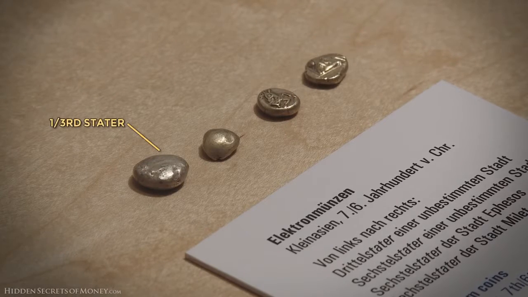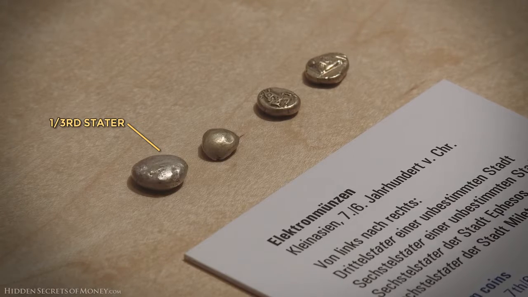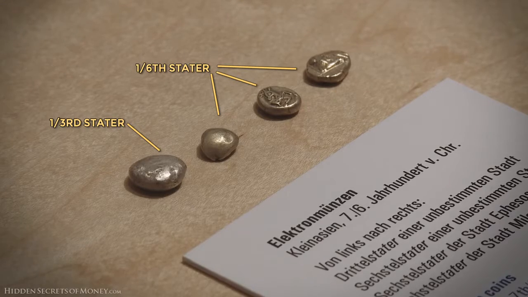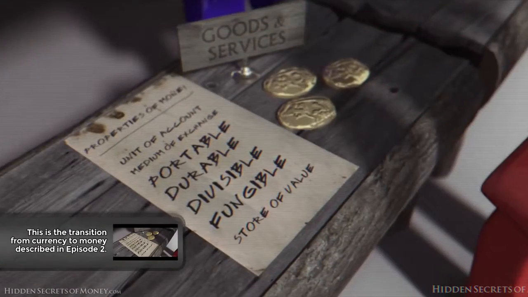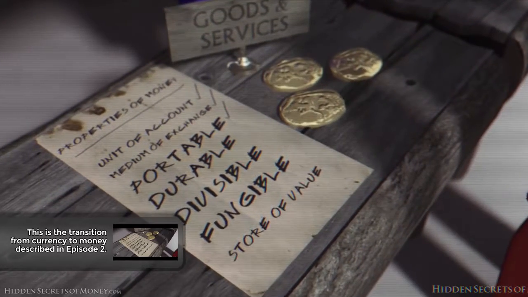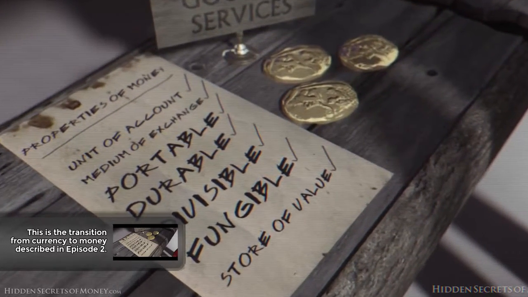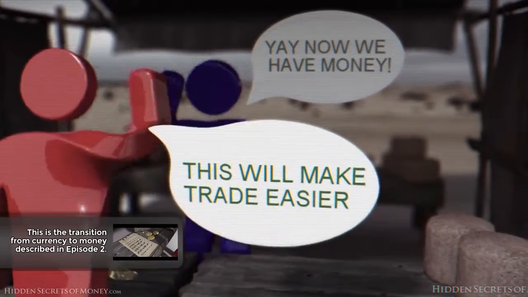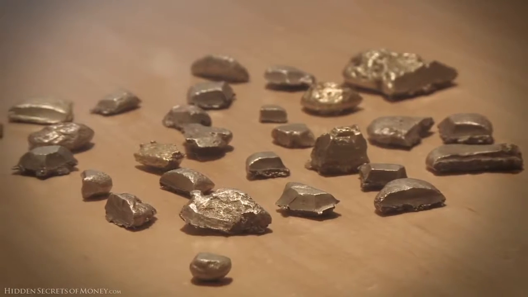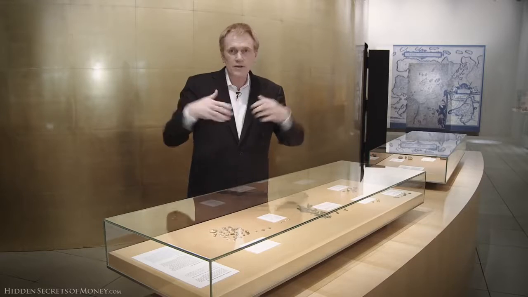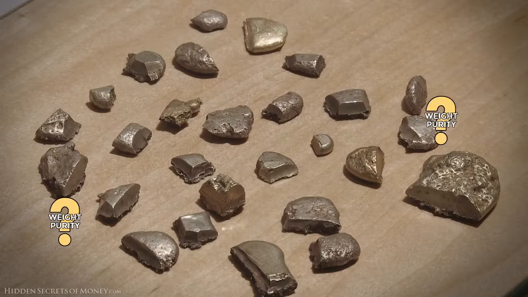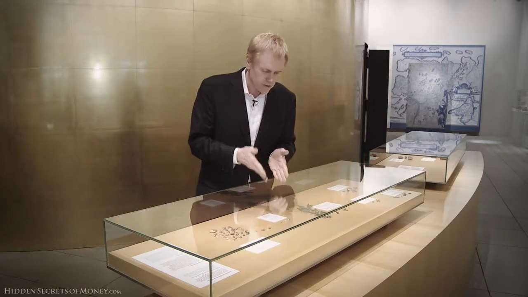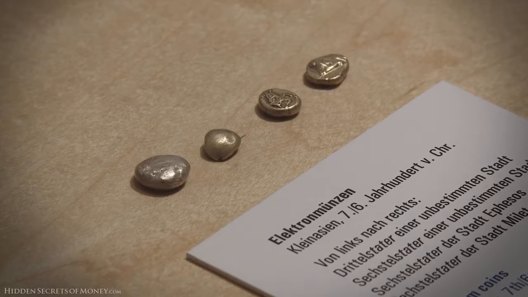Here we've got 4 coins. The large one is a 1/3 stater coin, and the other 3 are 1/6 stater coins. Each unit is interchangeable. It's now a unit of account. You can take so many of these in trade for so many loaves of bread, and you don't have to break out your little scale and weigh them any longer. With the little chunks of metal, you had to weigh every transaction that was going on. You had to weigh whatever your payment was and then take a guess as to what the purity was. Here you have some standards that were set by mints and guaranteed by those mints.